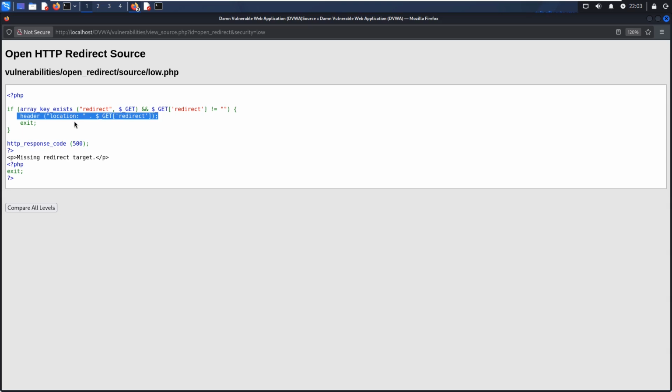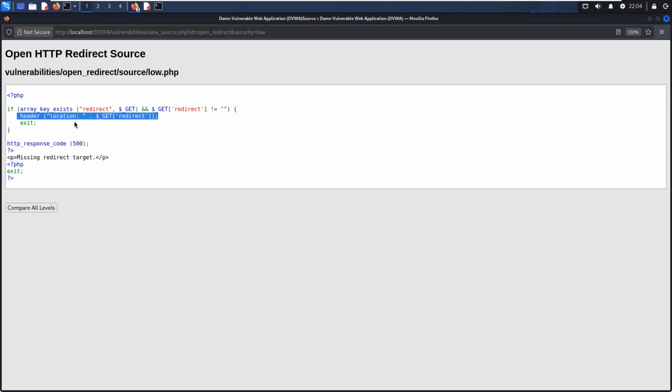This means the application directly takes whatever value the user provides in the redirect parameter and places it into the HTTP location header. Then the script uses exit to stop execution immediately,